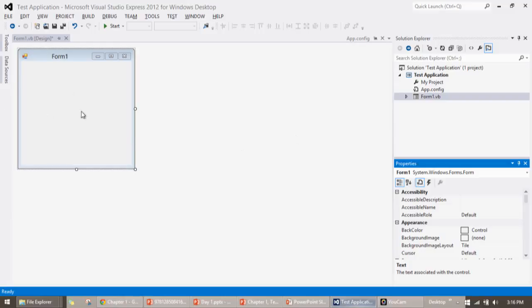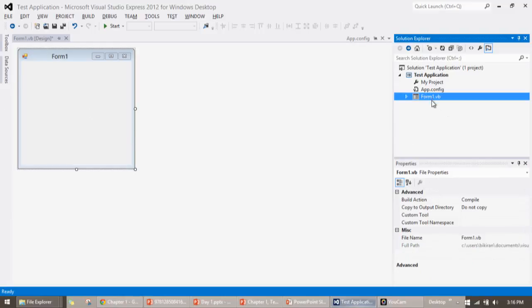Now, before adding some control to the form, I want to change the file name to something more meaningful. So I want to rename it. There are a whole lot of ways to rename it. You can go here and either right click and hit rename, or in general Microsoft Office mode, once you have it selected, you can wait a while and click on it again and it will select the name. So I want to change this to something called a test form,